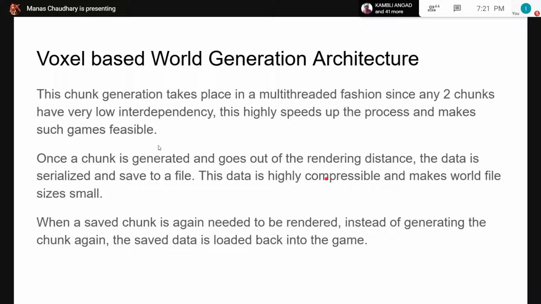Once a chunk is generated and it goes out of the rendering distance, the data is serialized and saved to a file. Also, when a saved chunk is needed again, instead of generating the chunk again, we can load the saved data back into the game.